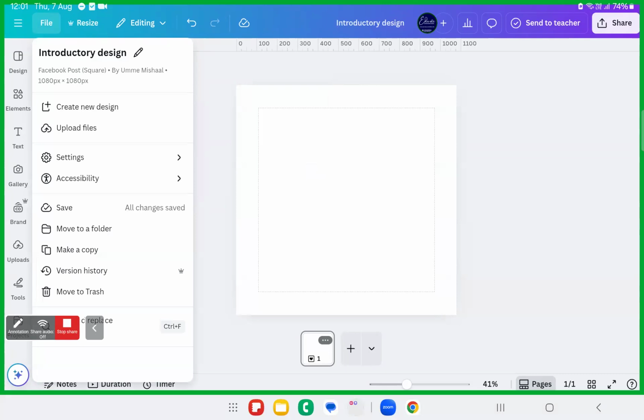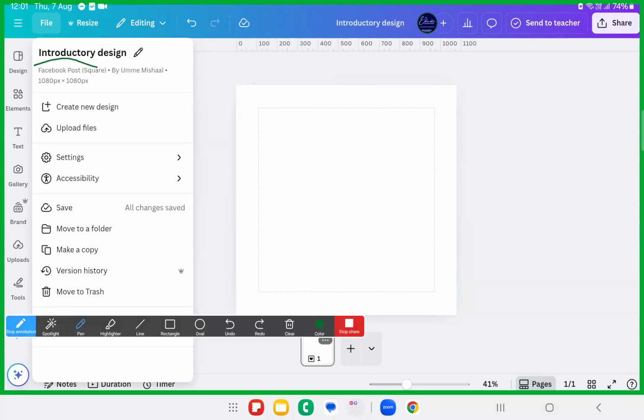Fine. The next thing that the file says, just look here. It will show you what dimension you have selected. Facebook post dimension. You don't have to worry about what is my dimension, what did I take. You can just go to the file and see which dimension you have taken. It is Facebook post and square ratio. Also, who is editing this? Your name will be shown here, and also 1080 pixels. See here, it is showing you the dimensions also, in the format of the